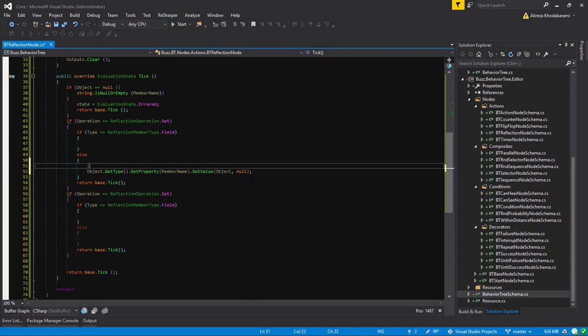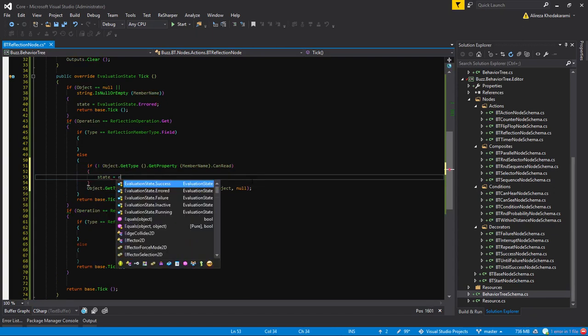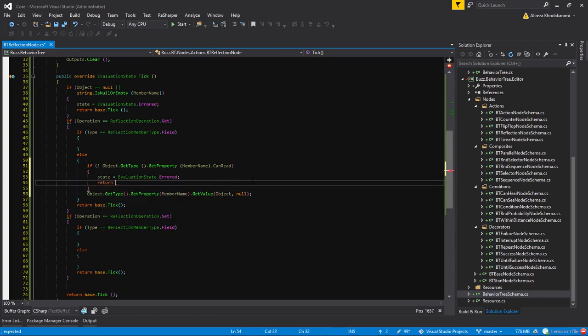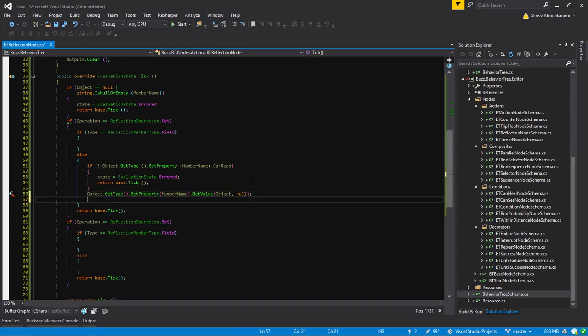But before that, we say if the GetProperty dot CanRead. If we can't read the property, then we set our state equals errored, not success, errored I said, and we return base.Tick. Means that if we can't read, we don't have a get method. If we don't have a get method, how to do this? Then after this,